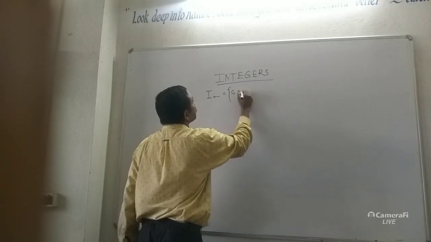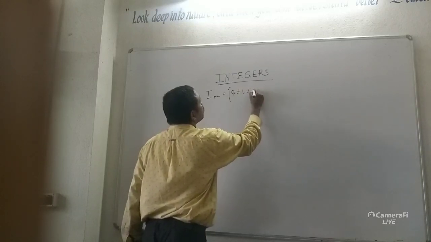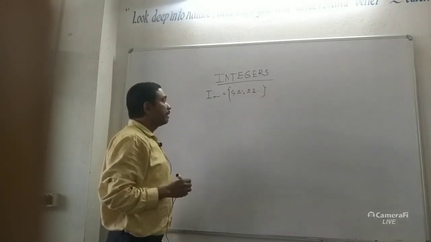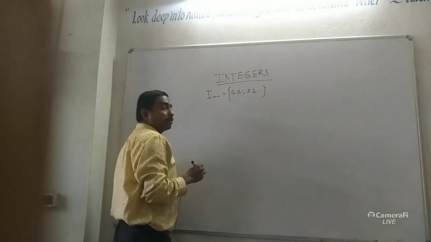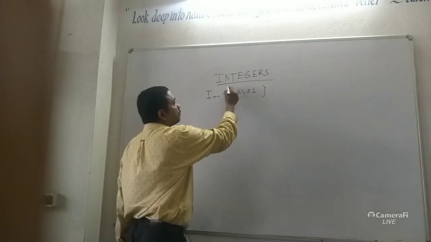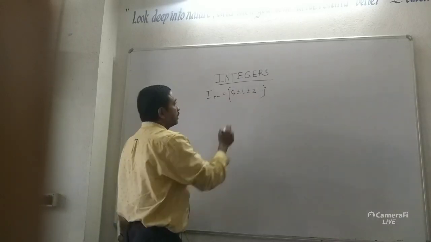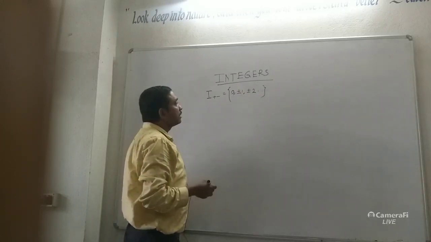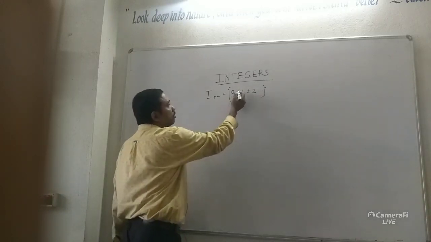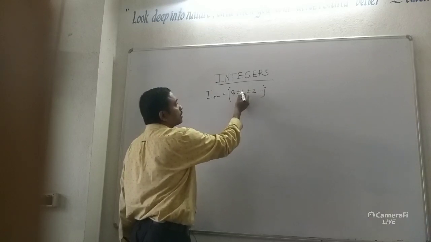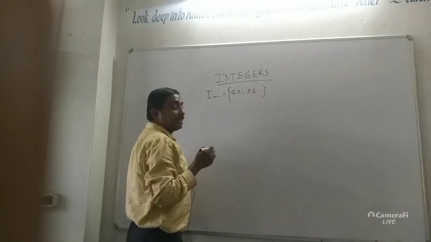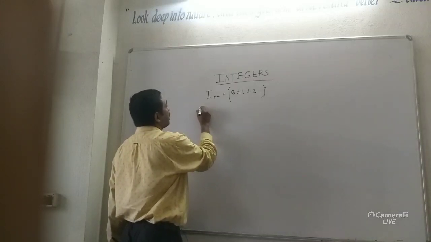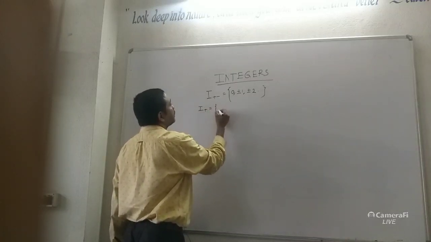0, plus minus 1, plus minus 2 and 3 dots show that there is no end of integers. So first, I discuss from this set what integers are. Look here: 0 has no sign, that means it is a neutral integer. Now look, there is a plus sign on 1 and a minus sign on 1, so integers are also positive and negative.